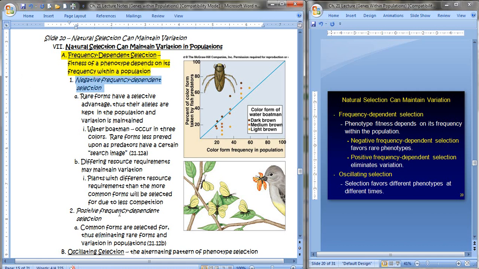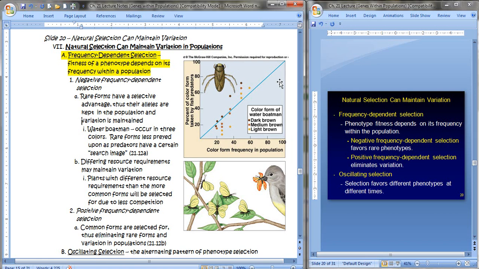And positive frequency-dependent selection. So with negative frequency-dependent selection, the rare forms have a selective advantage. Therefore, their alleles are kept in the population and the variation is maintained. An example right here is about water boatmen. We've all seen these. They occur in 3 colors. And the rare forms are less preyed upon as predators have a certain search image in their brain about what